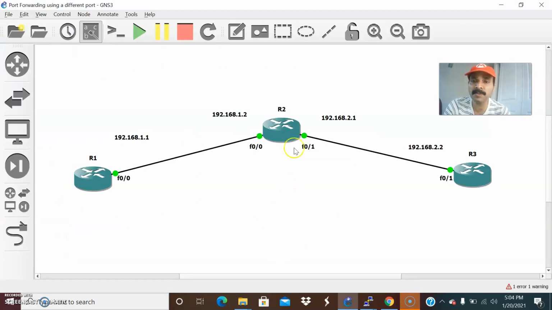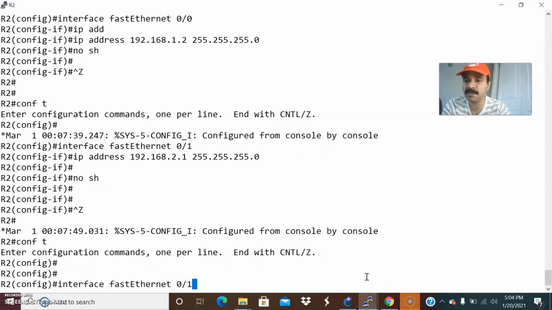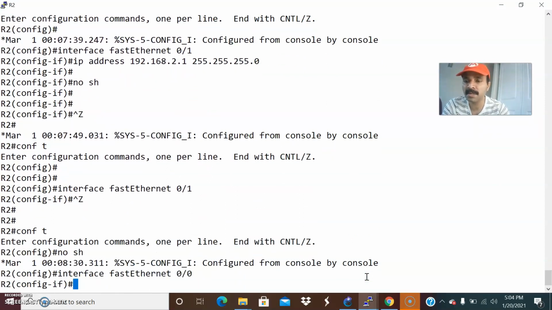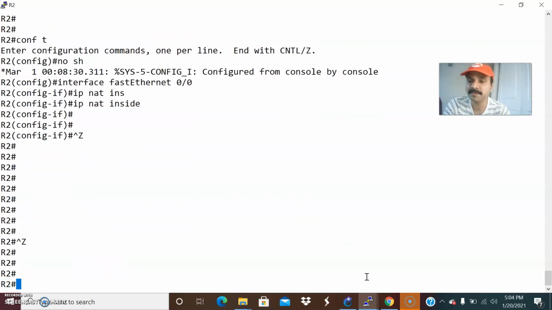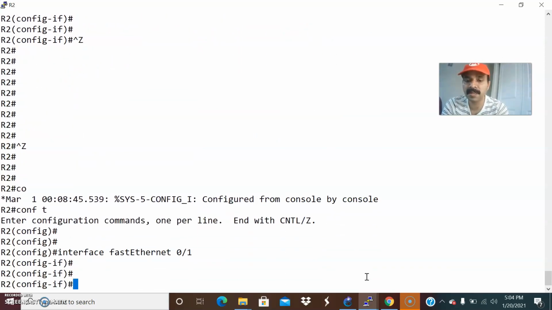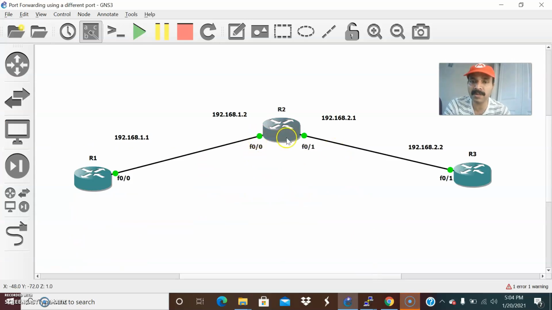Now I'm going to create the NAT inside and the NAT outside statements. The third thing, I'm going to configure the port forwarding rule. So go to the configuration mode. Let us go to the inside interface. The inside interface is FastEthernet 0/0, and let us activate ip nat inside since it is the inside environment. After that, I have to configure the NAT outside statement. So go to configuration mode, interface FastEthernet 0/1. I have to activate my ip nat outside. This is the inside local, NAT inside, and the inside global is the NAT outside address.